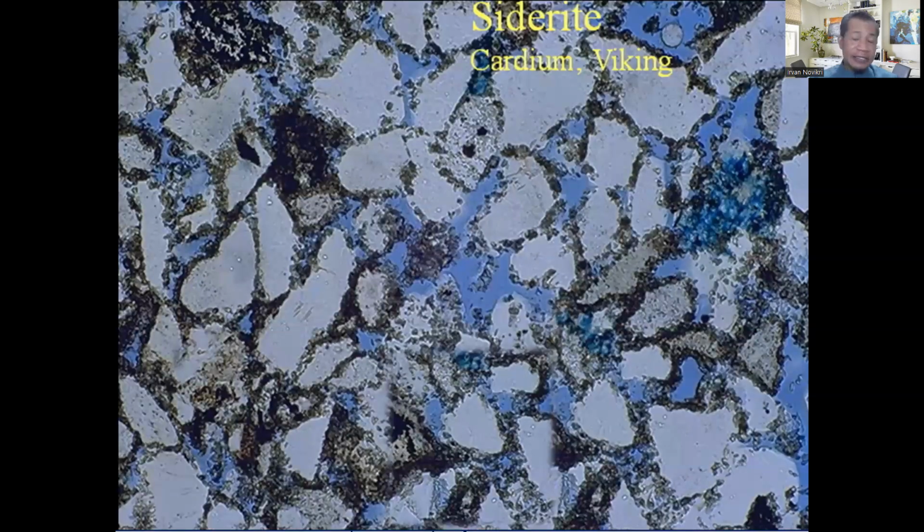Next is siderite. Siderite is very common in this region, Cardium, Viking. If you go out to the BC and you go to the dam, it cannot ask is a dam. And probably many of us have been on an oil field trip out there, but there is a Cardium exposed there, and it looks like there is a ton of rust all over the place of sandstone, and this is siderite